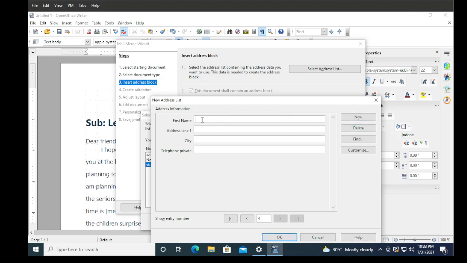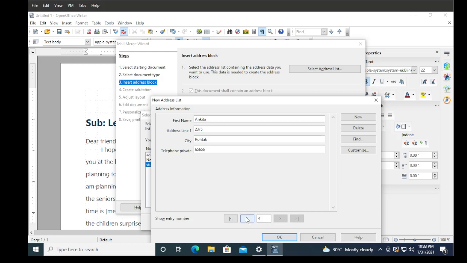If I want to add more records, then again click on the new, otherwise you can click on the OK. So I am clicking new again. So here I want to write down the name Ankita, address is 23 by 5, and the city is again Rohtak, and then write down the phone number from here. Okay, so now my database is ready.